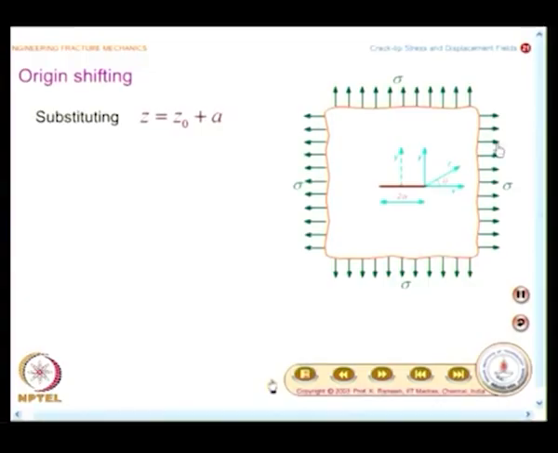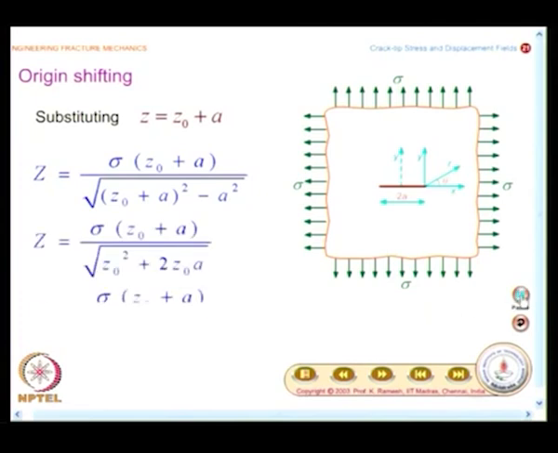Just because people solve the problem of a plate with a circular hole, plate with an elliptical hole with a uniaxial tension, then Griffith, when he developed the energy release rate, he took a central crack in a tension strip. People extrapolated blindly that Westergaard solution is also meant for a uniaxial tension strip with a central crack. It is not so. We have looked at the boundary condition, we have reconvinced ourselves that it is actually for a biaxial tension. Now, if we want to get the stress field, I need to take this step,